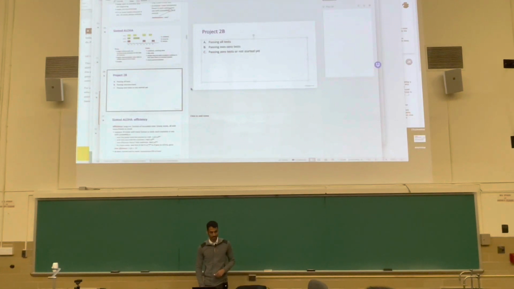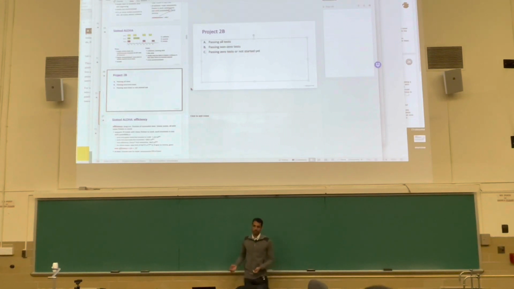Yeah. So if only 1/3 of the class was able to pass all the tests, does that mean that 1/3 is guaranteed to get one of the A grades for the project? Well, we already know that 1/3 of the class is passing all correctness tests. More than 1/3 were passing in 2A. They will be passing in 2B as well. So we already know that. So I'm comfortable sort of guaranteeing.